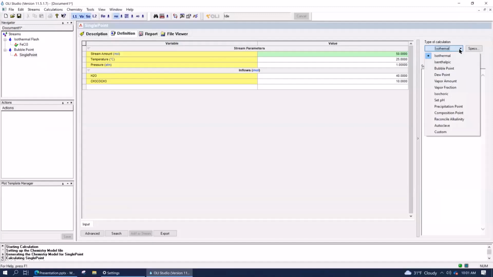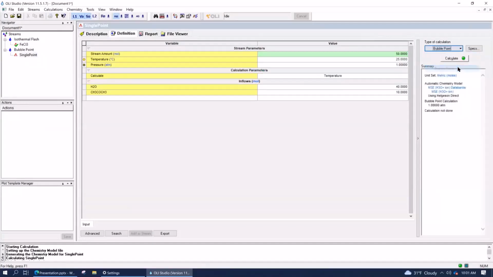We just ran the isothermal one. The one we're going to do next is called a bubble point calculation. So I want you to click on that. When you do that, the software is going to add a new grid area called calculation parameters. In there, it's going to ask you, since you want to do a bubble point, which is a thermodynamic function, do you want to fix temperature or do you want to fix pressure? In other words, do you want to do the bubble point pressure or the bubble point temperature? Right now, the default setting is to calculate the bubble point temperature. But if you click on that down arrow, you can see you can do pressure instead.